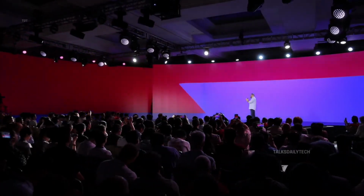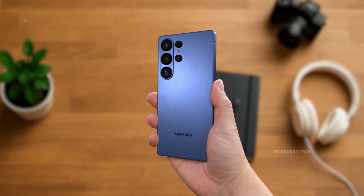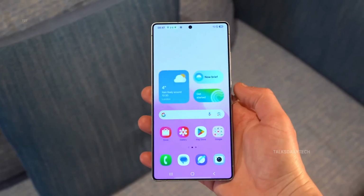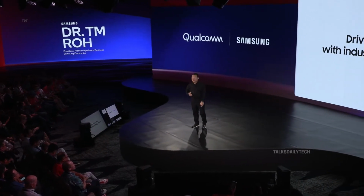Qualcomm has finally made it official and the excitement is real. The company just unveiled the name of its next powerhouse flagship smartphone chip, and it's set to shake up the Galaxy S26 lineup. But here's the twist. The name isn't what anyone expected. The chip is called Snapdragon 8 Elite Gen 5, and it's debuting next week at the Snapdragon Summit 2025 in